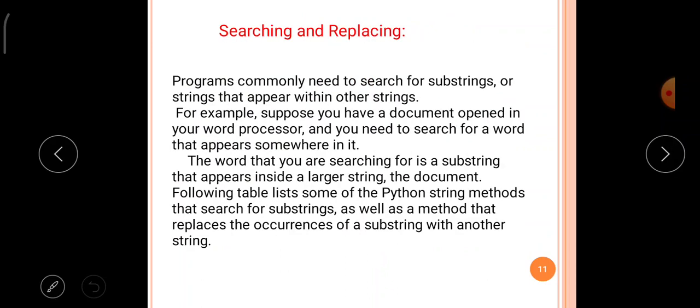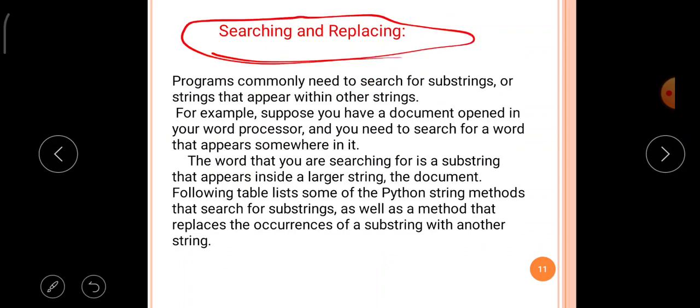The third one is searching and replacing strings. These are mainly used for searching purposes, to check whether a particular substring or string is available in a particular program or document, and if it is found, to replace it. The search and replace mechanism is also used in MS Office Word.